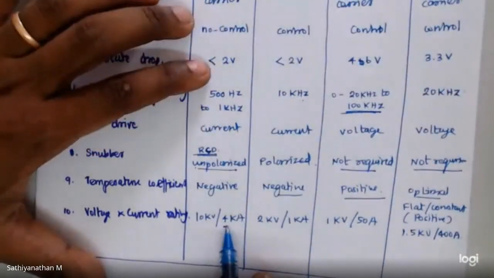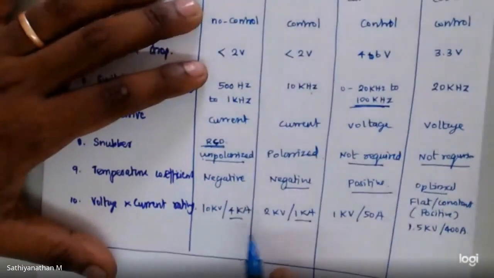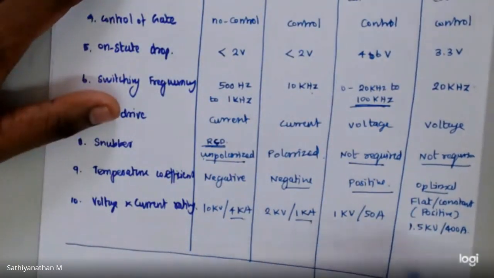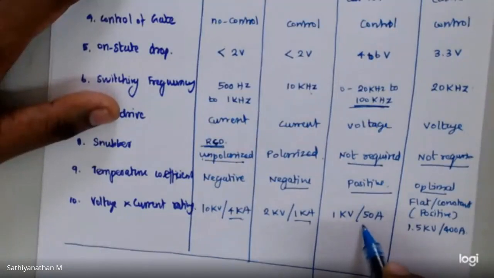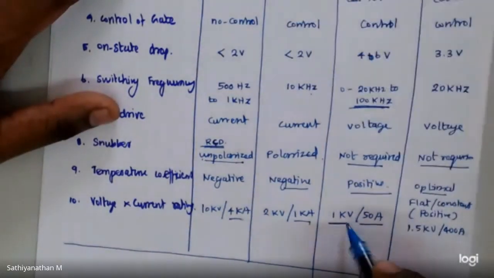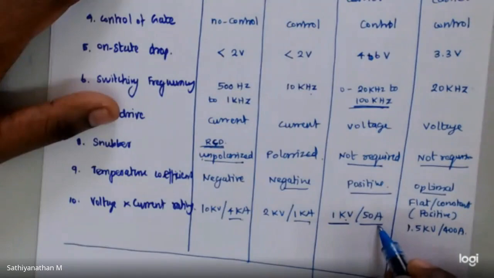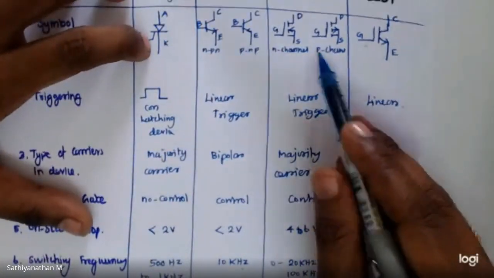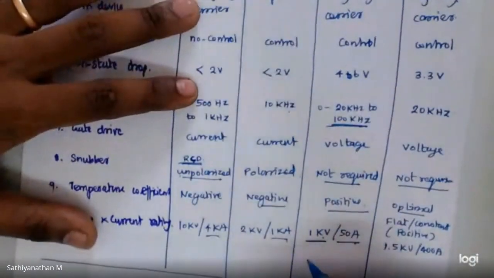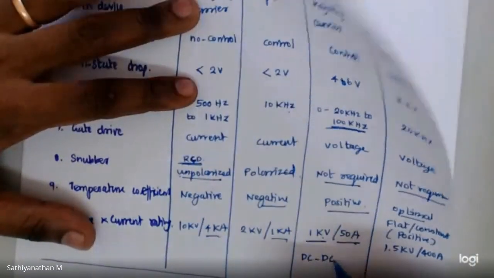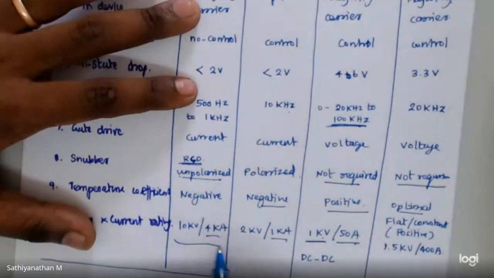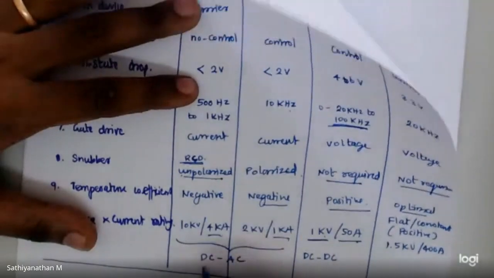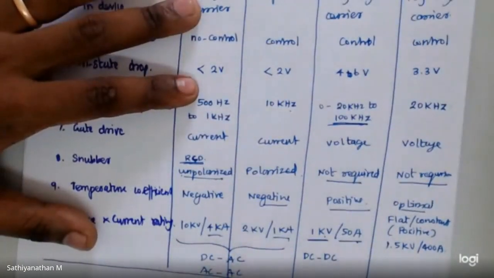So these devices are operated to control the maximum current in terms of 4000 amps or 1000 amps. So MOSFET, see the difference. You may have 1000 volt and 50 amps because this is a voltage control device. So we can use a MOSFET only for low power application, particularly for DC to DC control. So these two devices can be operated in DC to AC or AC to AC voltage control applications.